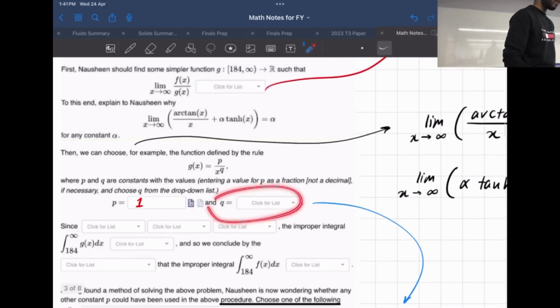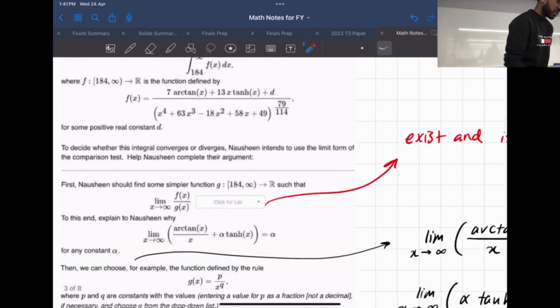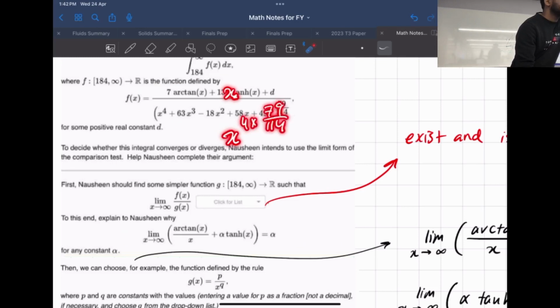And this q value, how do we find it? The way we find it is by taking a look at this function up here. Right? So we see there's an x up top, and our greatest power on the denominator would be x to the power of 4 times 79 over 114. Everyone sees that? Yep. So if we're trying to find the value of q, it's pretty much just x divided by x to the power of 4 times 79 over 114, by definition. Since this is to the power of 1, our q value will just be,